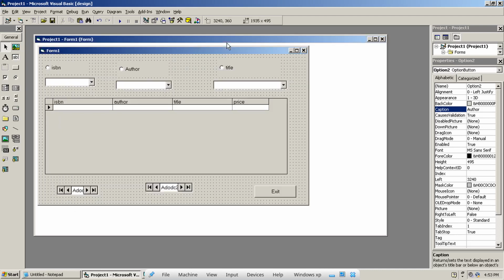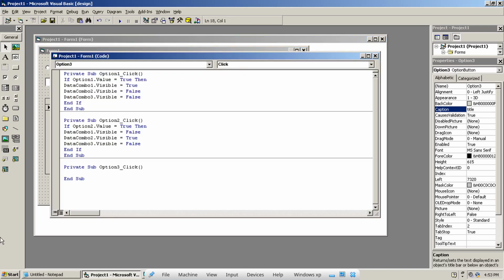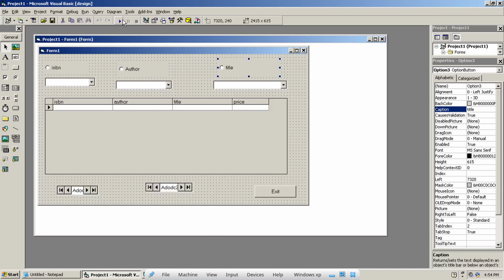When I click on option 3, the option 3's value is true. At that point of time, I want only data combo 3 to be visible, the rest to be invisible. So that's the thing here.